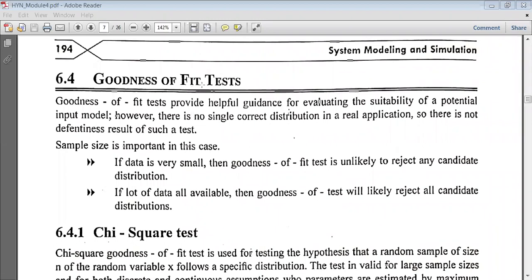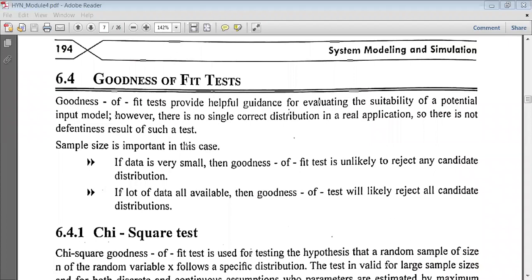So far in the fourth module, we have discussed what we mean by input modeling and the different types of data collection, right? And also we have seen a little bit about the different types of suggested estimators. So in today's session, we'll be discussing the goodness of fit test for the chi-square test and also for the exponential distribution.